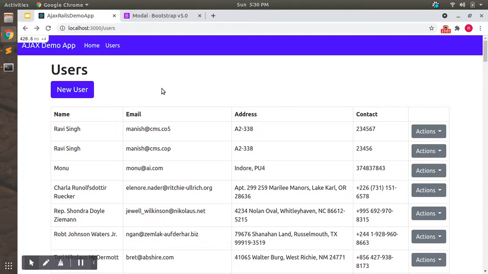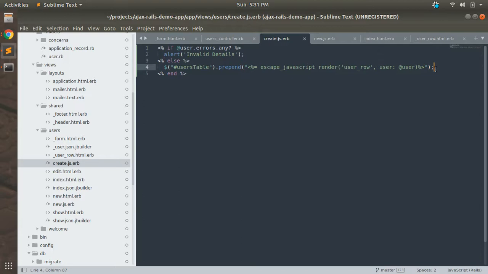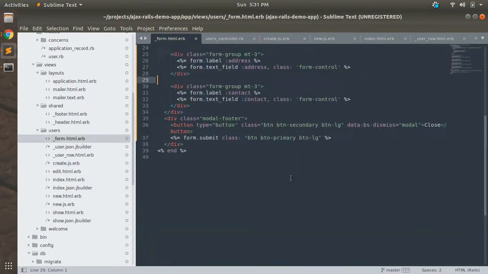Now we need to disable the modal as well after submitting the form. There is nothing hard we need to do here. We just need to hide the modal. You can see the class here, this class data dismiss modal.